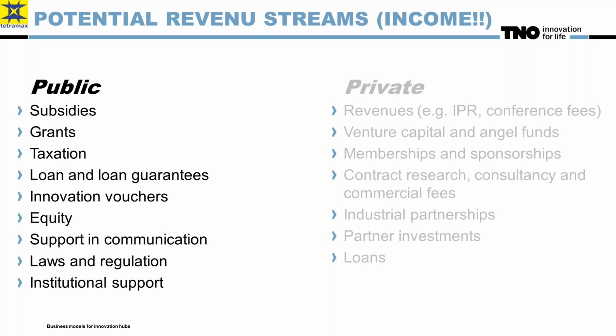So again, looking at public and private, there are two elements there, there are two incomes there, revenue streams. Because I see public funding also as a revenue stream. It's money to get into the innovation hub, and perhaps by definition it's not right, but it's income. And there's the private one. So looking at the public one first,